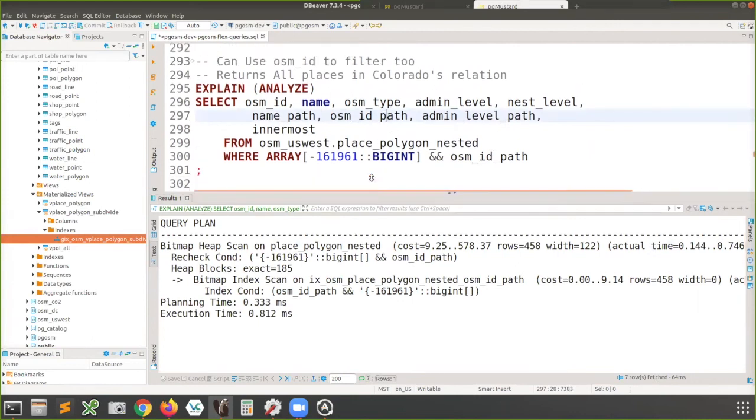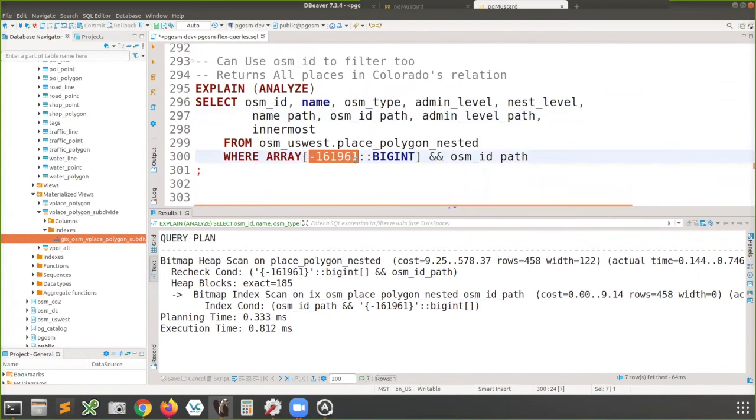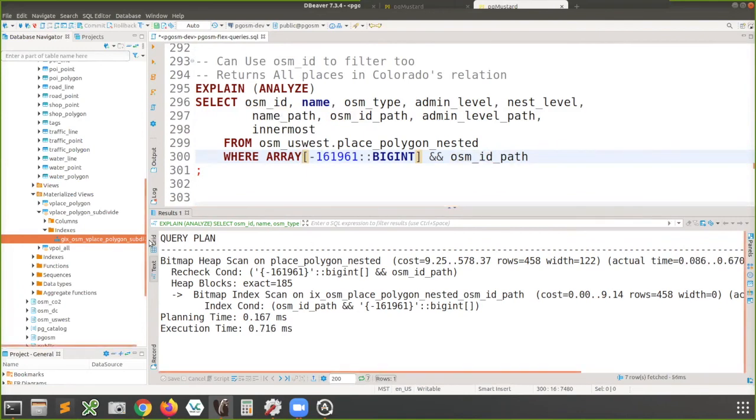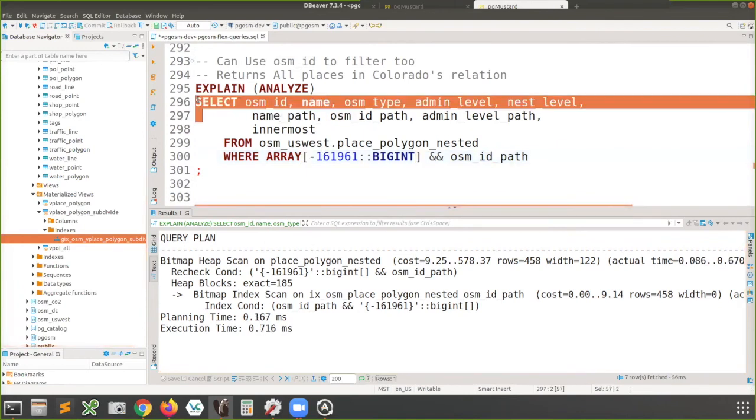If you know the OSM ID, so if I wanted to find all the places in Colorado, I can do the same kind of thing, but instead of using the name path, I can use the OSM ID path. So here it's saying, find me all of the places inside Colorado. If I run this without the explain analyze,